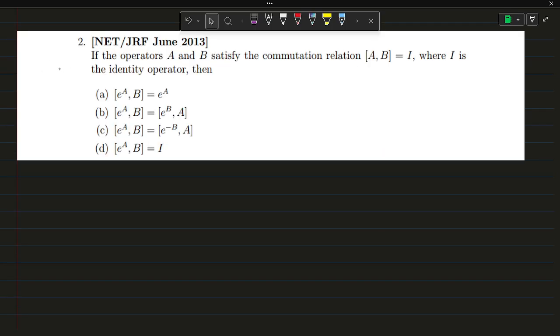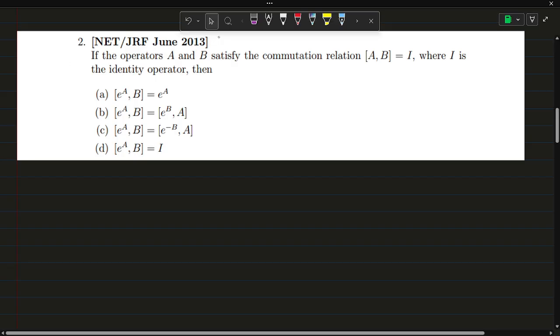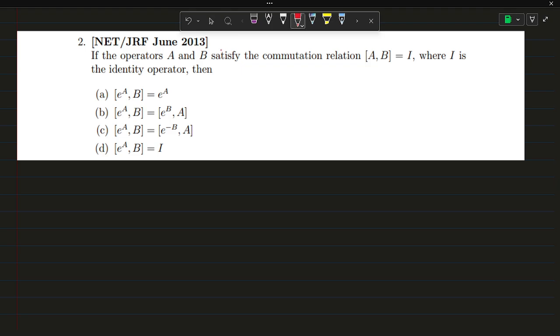Now let's move to the second question. This question was asked in June 2013. The question is, if the operators A and B satisfy the commutation relation, so the commutation of A and B will give the identity, where I is the identity operator, then we have to find the value of the commutator of e to the power A and B. So we can write